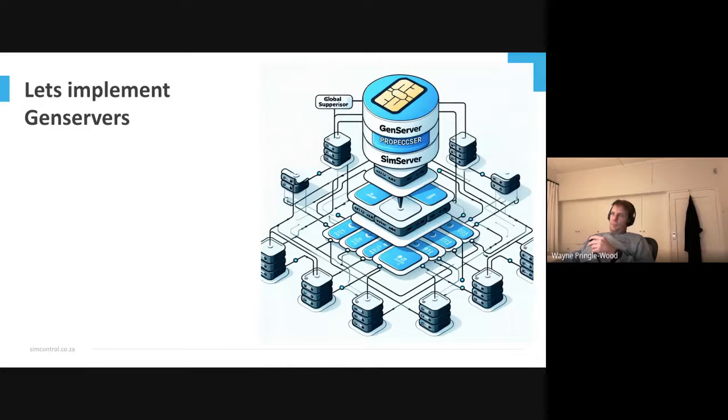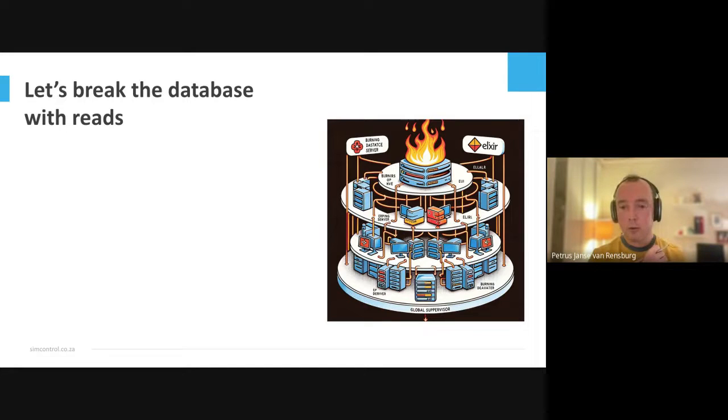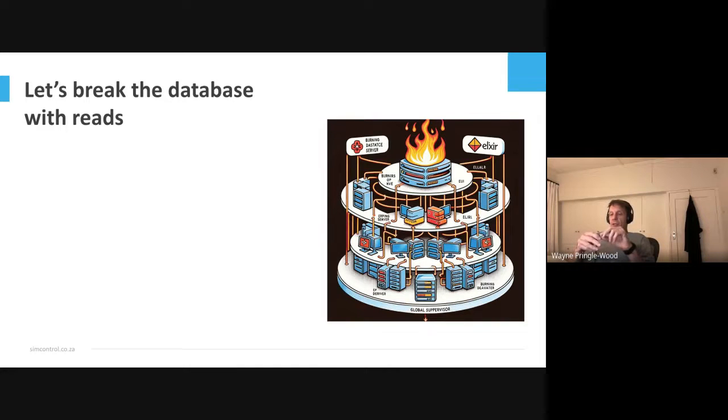So then you scale it a little bit more, and you add some SIMs, and you see that the startup times of your app start going up. And you're wondering yourself, what's going on here? So you carry on going. Startup time with the GenServer, you're talking about, each SIM is managed by a GenServer, but that goes to sleep and it has to start itself up again when a request comes in. Oh no! So if you restart the application, so say you deploy an update or something like that.